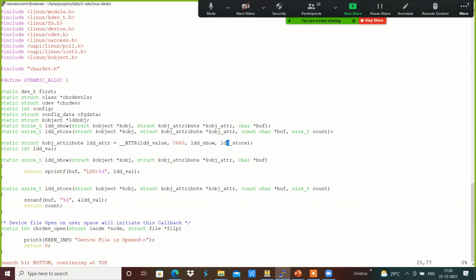So, quick note: whatever we are creating on LDD value, we are just showing it and storing it. If I want to control the LED brightness here, it has to be interfaced with the LED driver.